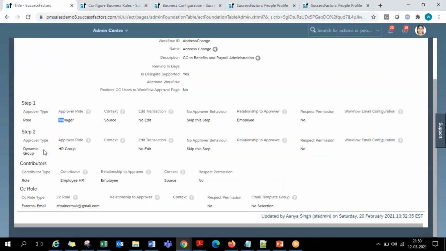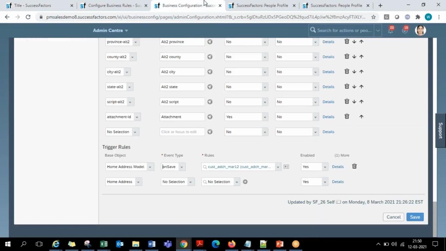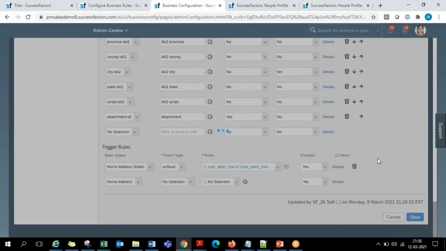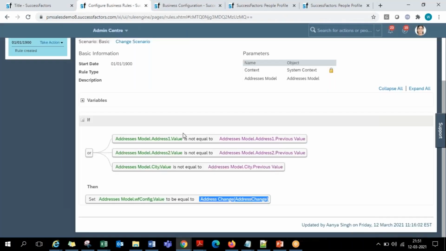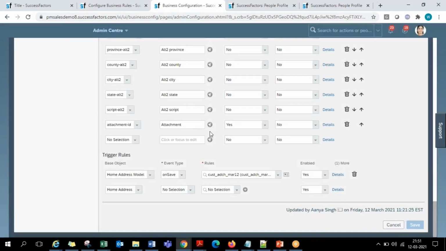In that workflow, whoever is the approver, whoever is the second level, who is a contributor, they will be notified one after the other accordingly. So that is the three-step process, guys. Once I save it, our configuration of workflows will be done in Employee Central. This is how a basic workflow configuration process happens. First, you need a workflow defined with a set of approvers, contributors, and all. Second, to trigger a workflow with the relevant conditions, you need a business rule. Then the third step is linking that rule with the relevant portlet in the managed business configuration. With all these three, you will have the workflows triggered on the front end.